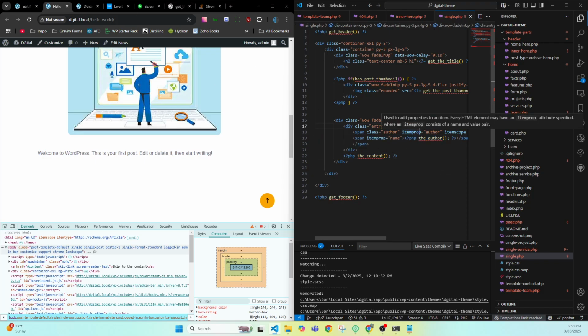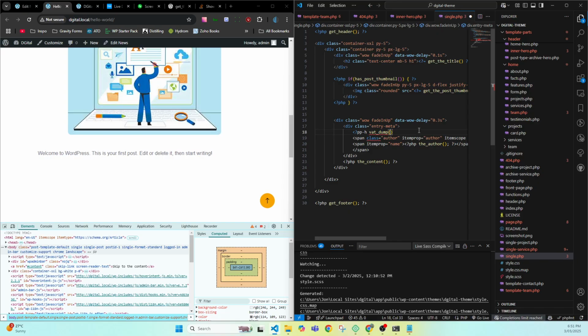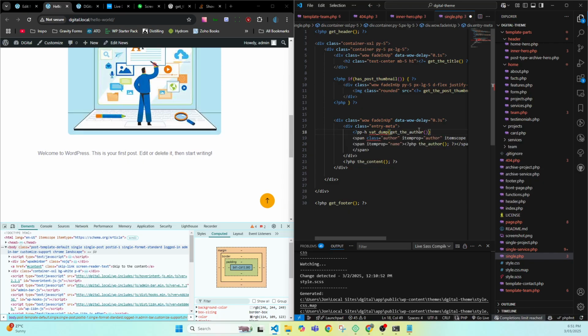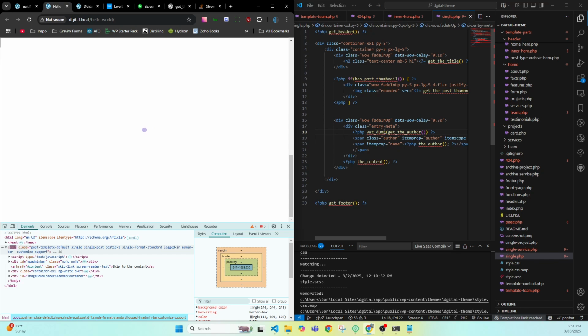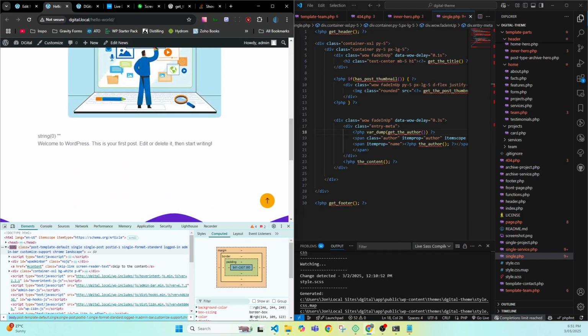Let's just do a var dump here. PHP var dump get the author. I probably need to, actually, you know why? I probably need to be in the loop. Let's have a look though. That dump. That's why it's erroring. Yeah, I think it might be. So